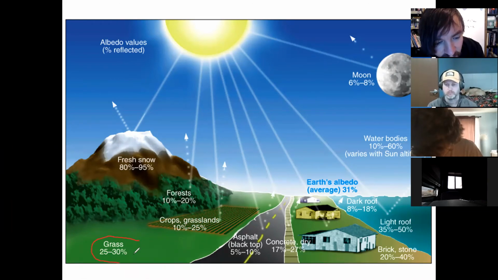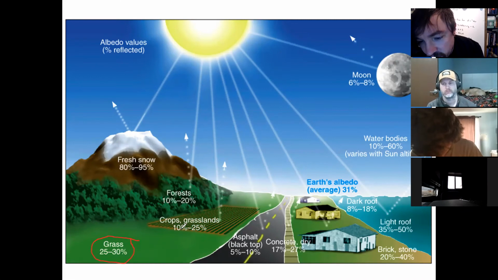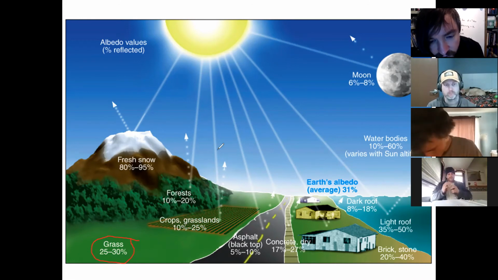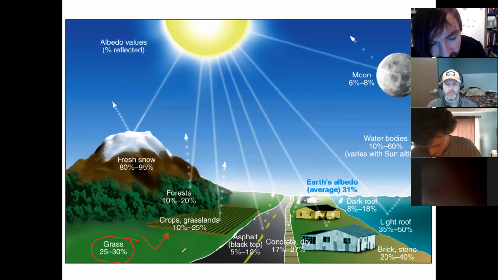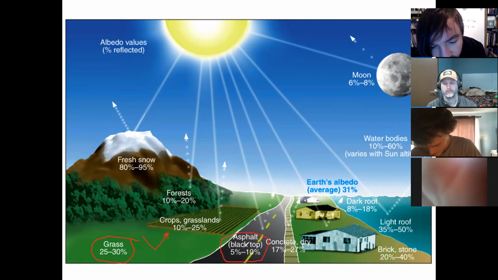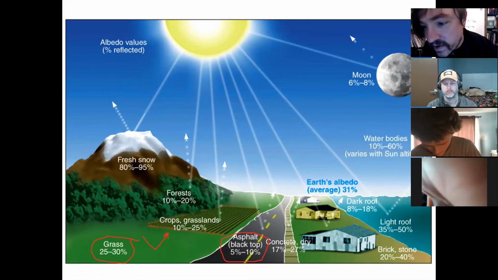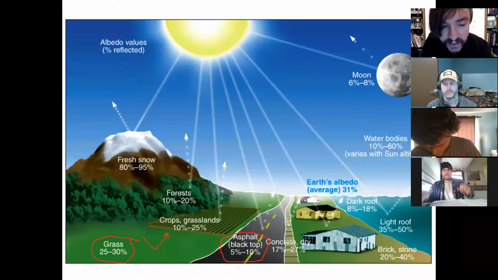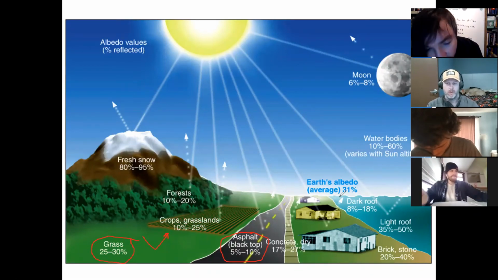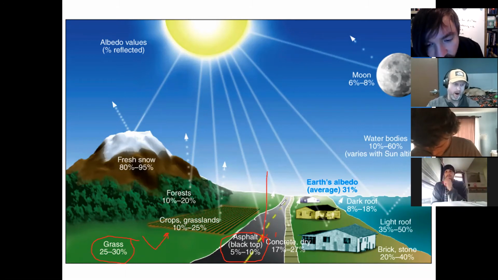Notice that grasslands have albedos of 25 to 30%, meaning they scatter. So if you're fresh snow, you're reflecting 95% of the sunlight. If you're grassland, you're reflecting about 30% of the sunlight back into space. Blacktop or asphalt could be anywhere from 5 to 10%. That's why it's hotter in cities than in the countryside during the summertime, because you're absorbing more of the light, heating up your temperature and re-radiating more infrared back up into the atmosphere, okay?